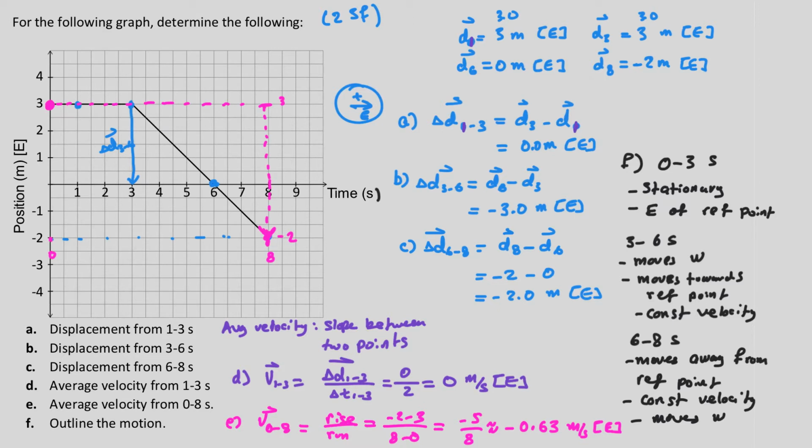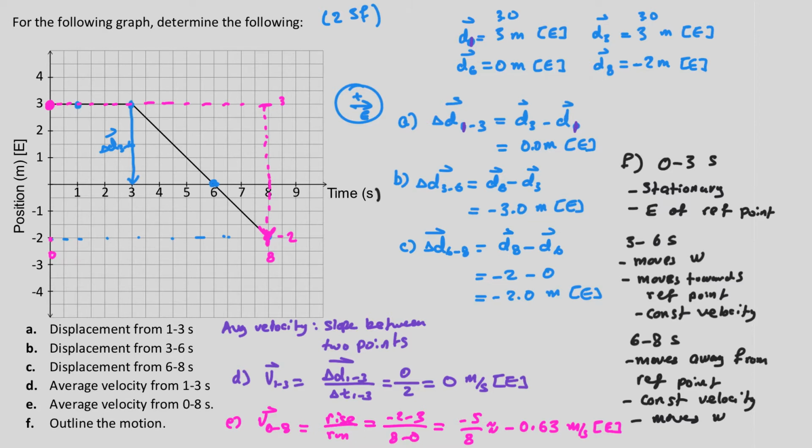And we know it's moving west because if the position is east, let's say this is your line, east is here, and you can see it moves towards the reference point and then away from the reference point. And that's the answer